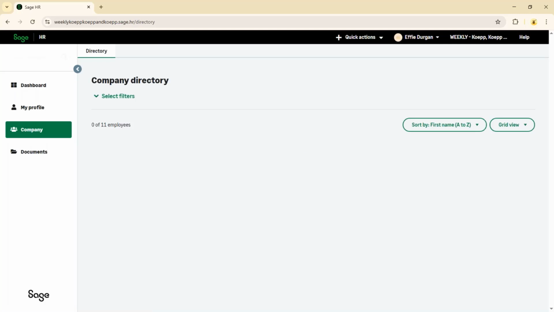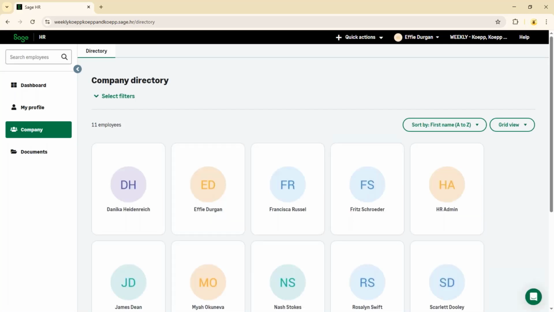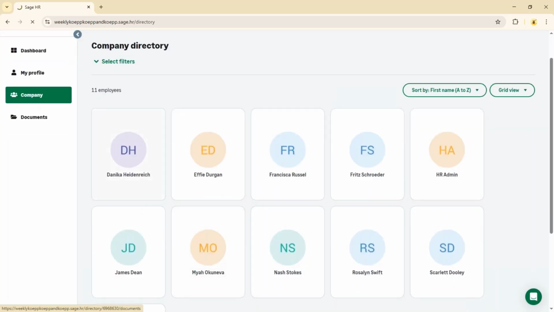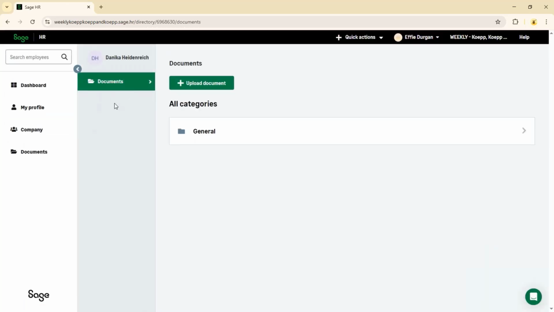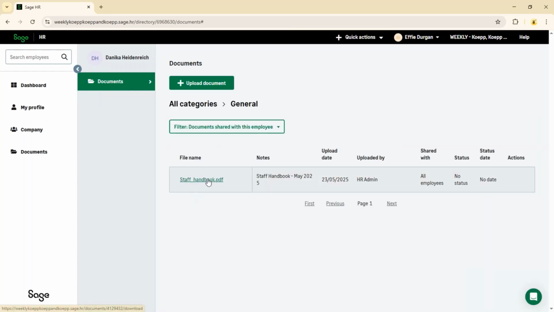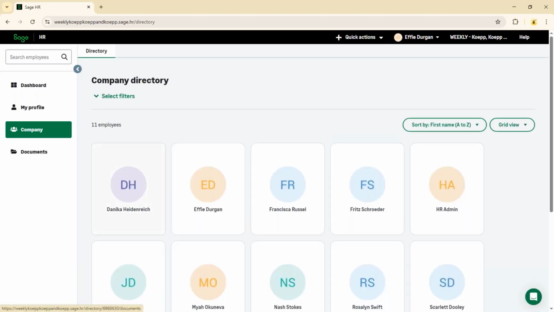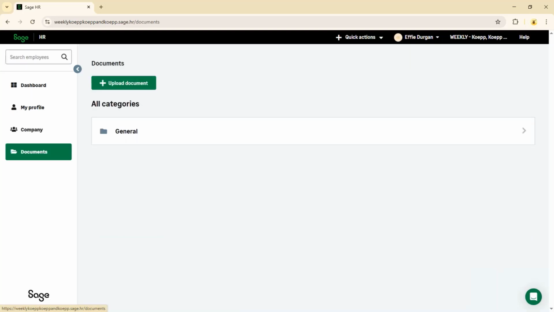And there is a company directory set up, but you wouldn't be able to access the other employee details. They would just see the names. So I've got the company directory here. If I did click on anything, it doesn't give me any of their profile details. It's just going to show that same document that is also shared with us. Now, if you wanted to, you can switch off the company directory. You can remove it from the employee permissions. That would need to be done as an admin user. So that is the employee's profile,